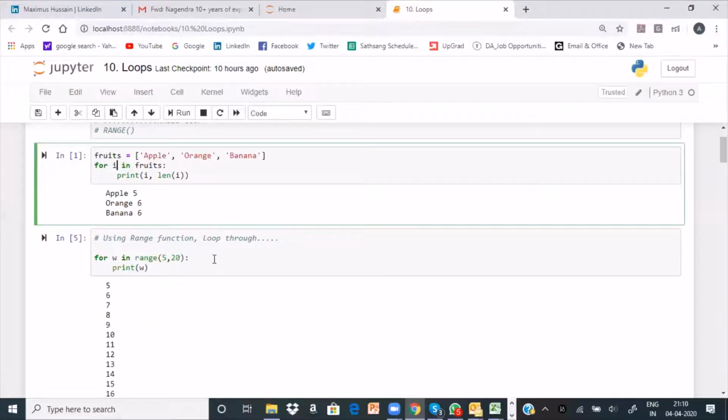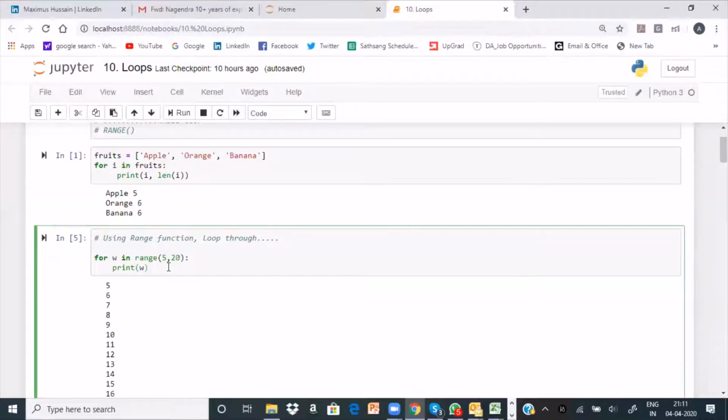Okay. Now, why, I can use some other letter also. Simple. Here, for, I'm using w. For w in range 5 comma 20. I'm using the range function. That means every time the range value is getting incremented starting from 5, that value will be passed on to this variable w, and it goes in the loop till it reaches 20.